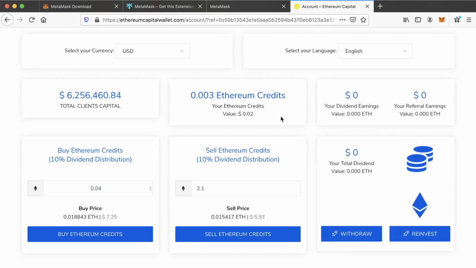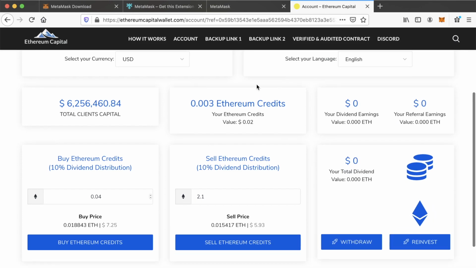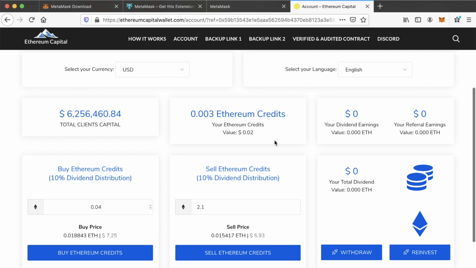So guys, that basically covers all of the steps that you need to be able to get started in Ethereum Capital. Or of course Ethereum Gold, guys. Remember, it's exactly the same user interface. Just the focus on this is on dollars, or your specifically chosen currency. Or Ethereum Gold, which the focus is on ETH. Different strokes for different folks. Other than that, guys, I've basically shown you how to buy, how to sell, what you could do with your dividends, what the withdraw and the reinvest button does.